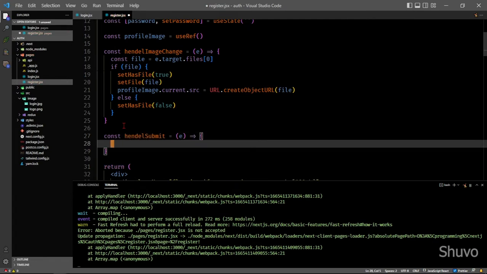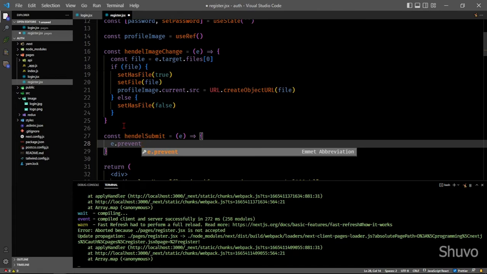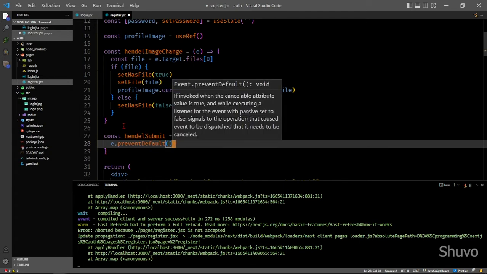We need to stop the page from refreshing, so we use preventDefault,